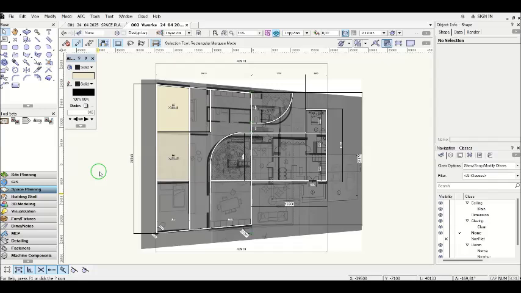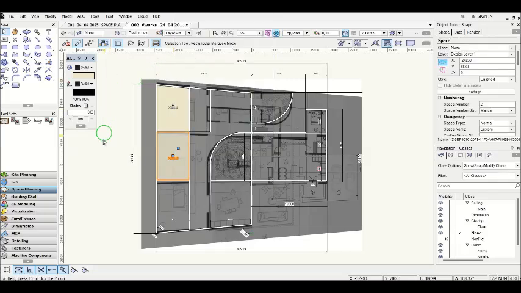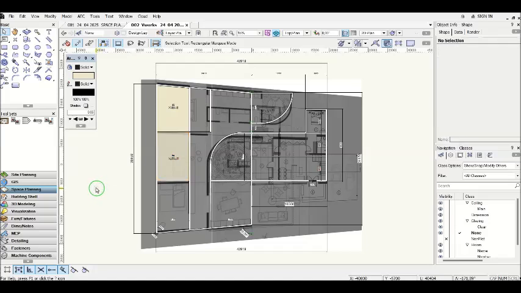Second, I will explain about create similar objects options, and lastly I will have a short workflow iteration in Vectorworks. So let's start from